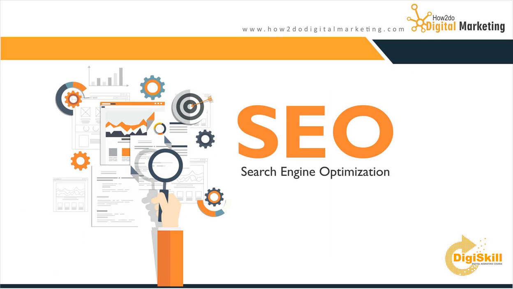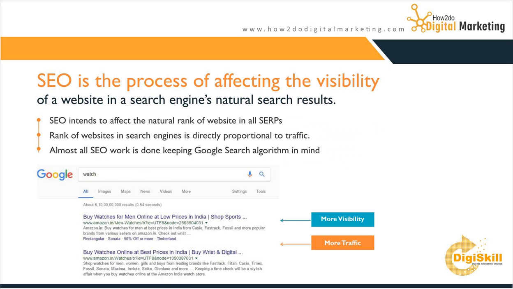Let's move on now to SEO, or search engine optimization, which is a very important aspect in digital marketing. And let's look at which terms are important and crucial for you from the perspective of doing an effective SEO campaign. What is SEO first? SEO is essentially the process of affecting the visibility of a website in the search engine's natural search